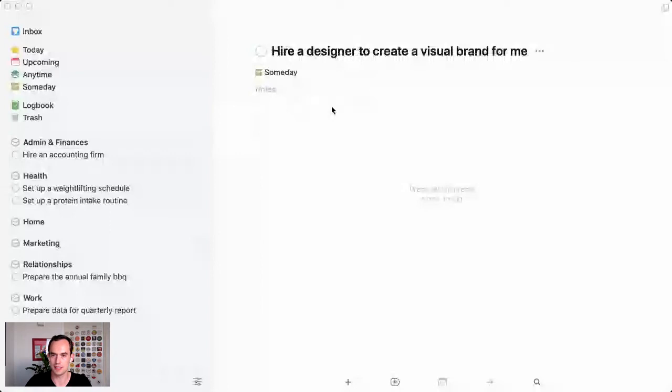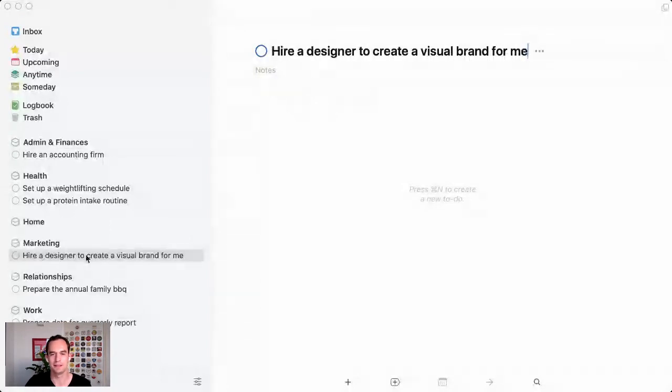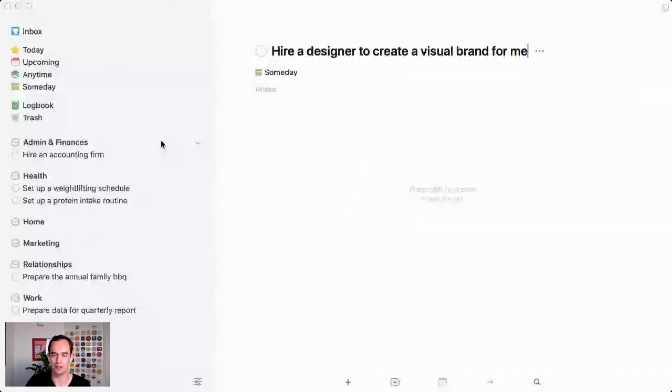If it's not assigned to Someday, it's going to sit here in the sidebar. But at some point, you may have, like I said, 20, 30, 40, 60 projects in the sidebar. You're not realistically going to work on all of these in the next 2 weeks. So if you're not going to work on it in the next 2 weeks, at least you don't think so, I highly recommend that you set it to Someday just to get it out of the way. It will also then make all tasks that are part of this project not show up under your Anytime